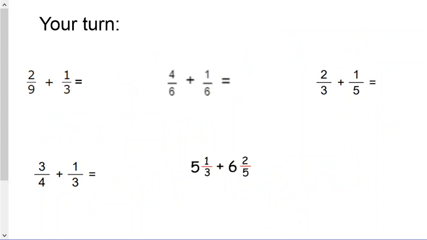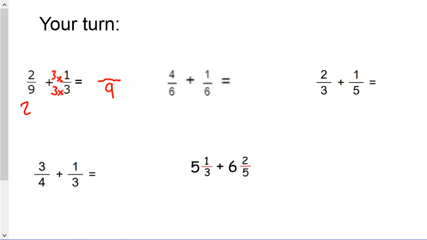Okay, so we have 2/9 plus 1/3. We do not have common denominators, so we need to create them. In this situation, I know that 3 goes into 9, so I'm going to use 9 as my new denominator. Okay, so we're going to multiply this by 3. We need to do the same to the top. So now we have,